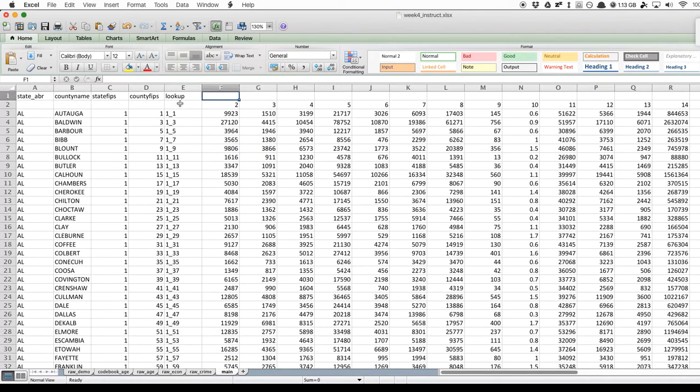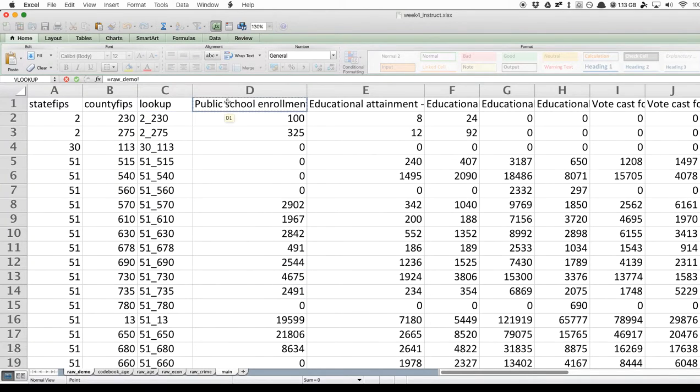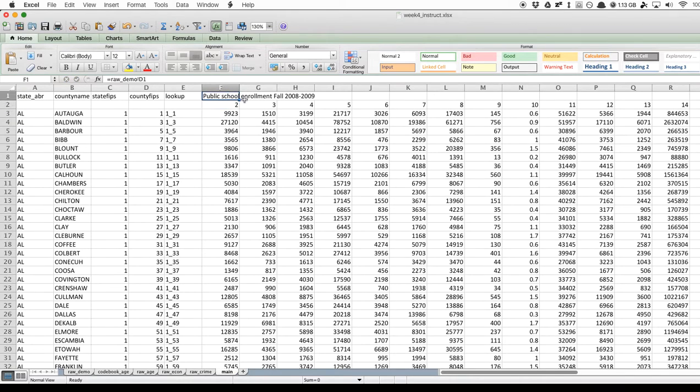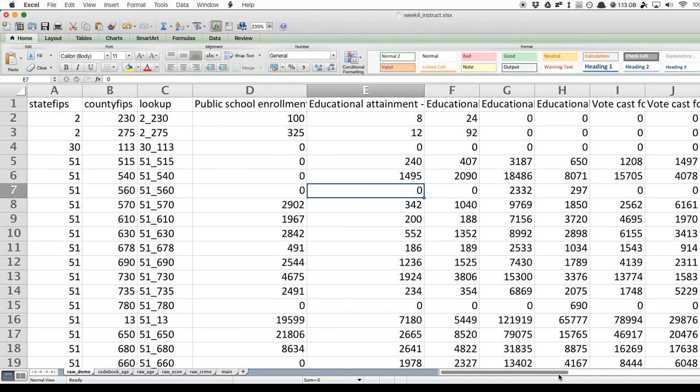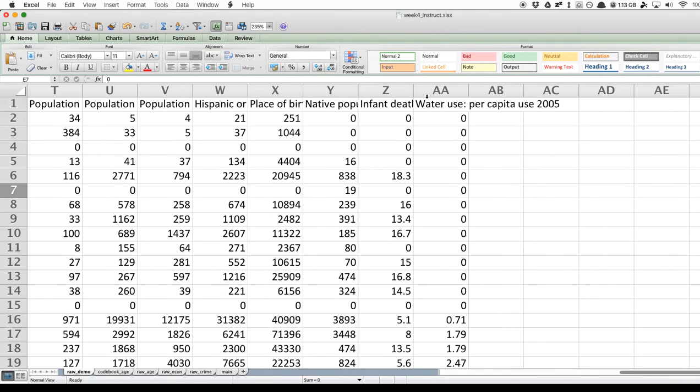So what do I want to do? Up here, I'm simply going to cell reference. I'm going to say equals, and cell reference this first value here, public school enrollment, so that we know that this first column is public school enrollment. And I'm going to simply take that and drag that across. I'm going to go to the last column, and notice it goes all the way to water use per capita. And if I look in my data set, you'll notice that this data set goes all the way to water